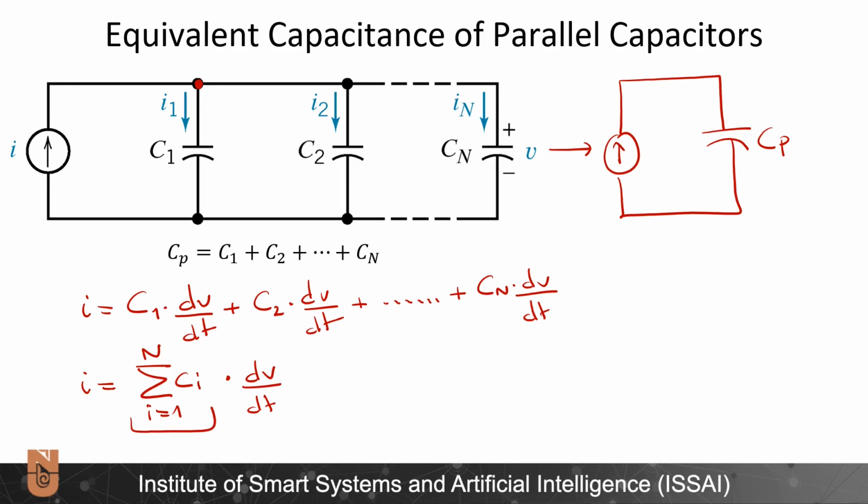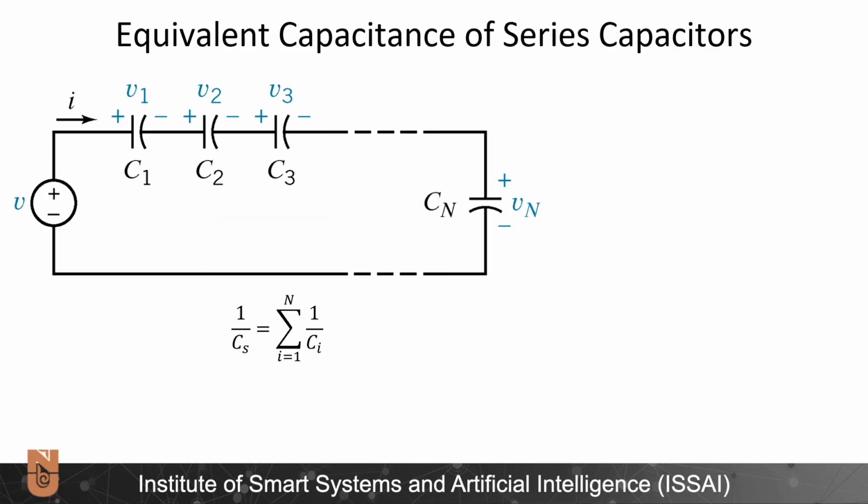If I call this summation term Cp, this whole expression becomes I is equal to Cp times dV over dt. In other words, the summation of all of those capacitances acts as a single capacitance with the value of Cp. In the opposite case, when a number of capacitances are connected in series, we have the equivalent capacitance as